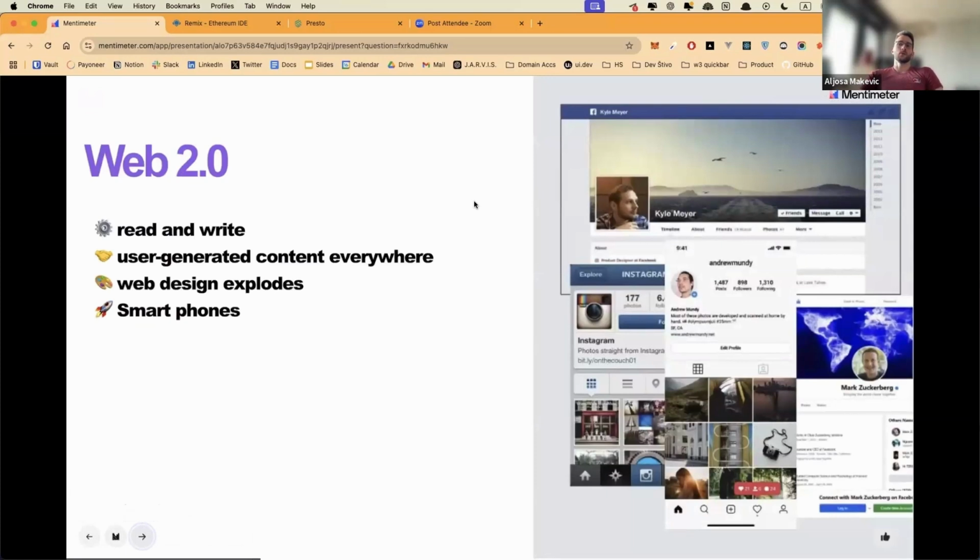We have the birth of a lot of major platforms whose main business model and concept is for you as the user to add your data and generate content for the platform itself. Also, smartphones become a thing, which only expedites the evolution of the internet. Web design explodes, and we have Instagram, Facebook, and everything else.